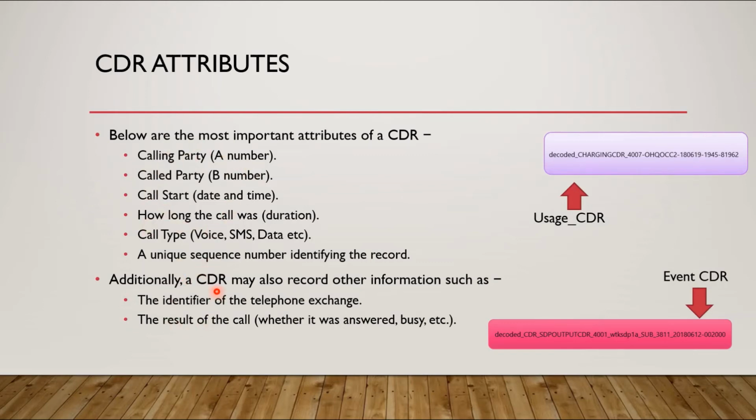Below it, I'm saying there might be some additional information printed in the CDR, and it depends upon the architecture of the telecom operator, what information it wants to print for each different kind of event. For example, if there is a recharge CDR happening, I may want a special field telling that this is a freedom recharge offer. Okay, it is a 5 rupees recharge, but I want to print this information in some special variable. So all this will be additional information in the CDR. However, these are the basic pieces of information which you generally get in all the CDRs.